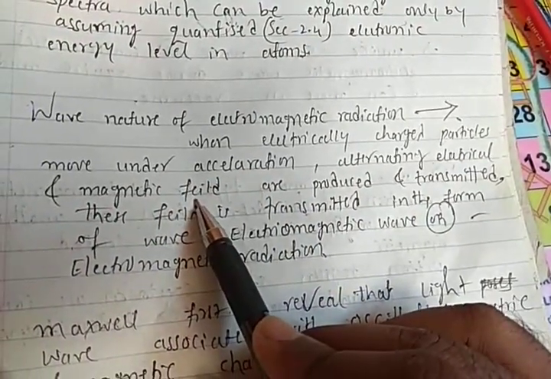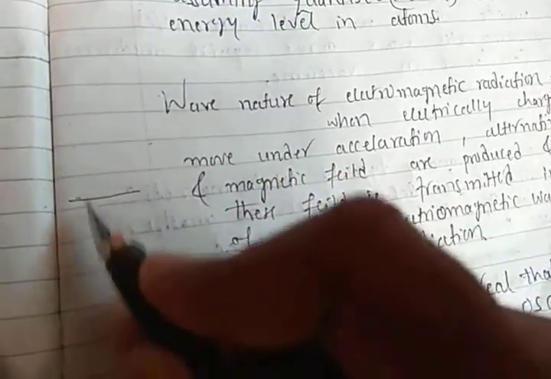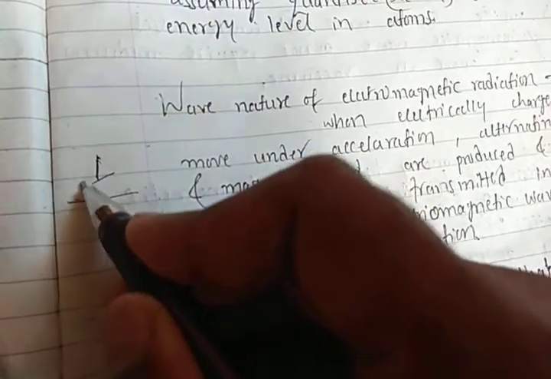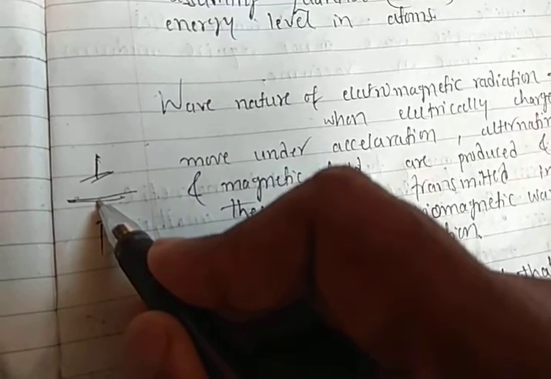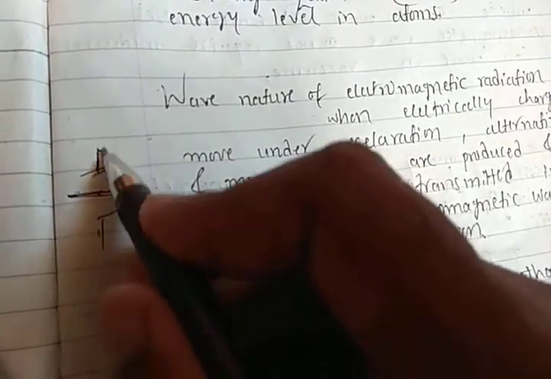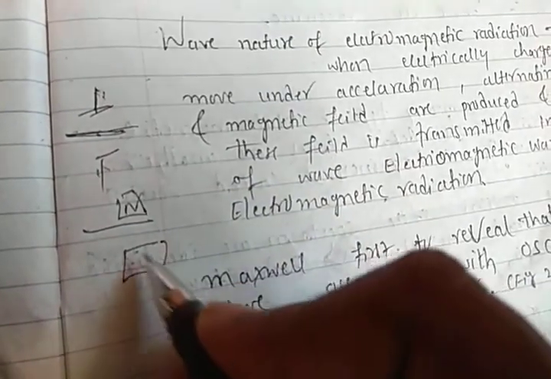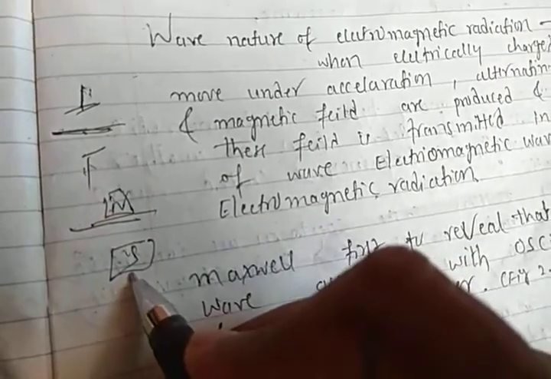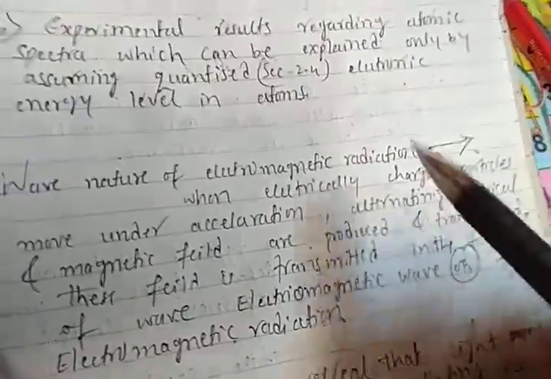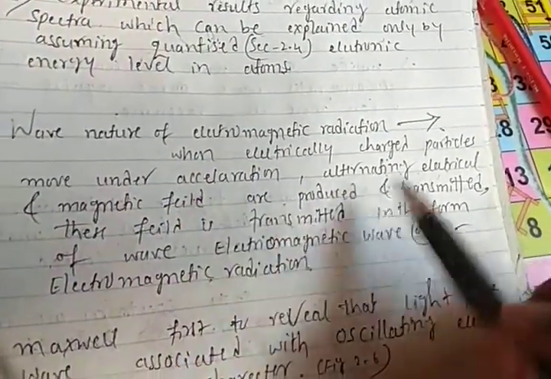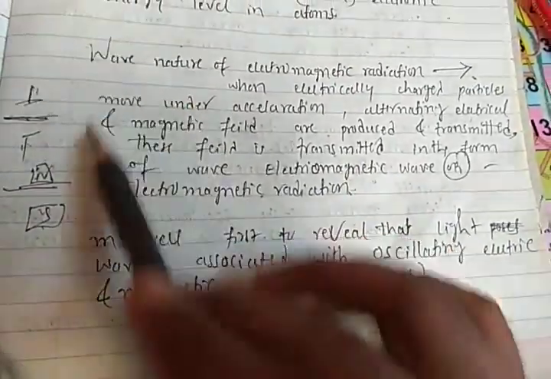It is deflected by the electric and magnetic field, right? For example, you are using a ray of light in which you may apply an electric field, and it is deflected in the electric field. The ray of light in which you may keep a magnetic field is deflected in the magnetic field also. So a ray of light which is deflected by the electric as well as the magnetic field is called an electromagnetic wave or electromagnetic radiation. This was explained by Maxwell.